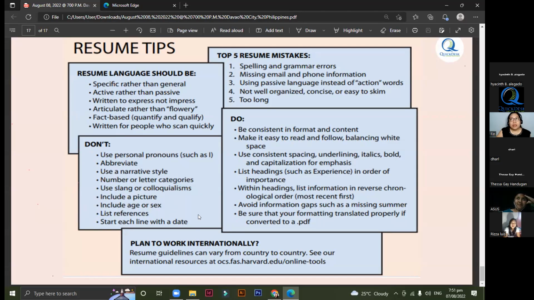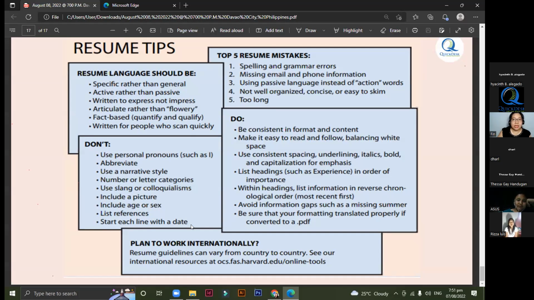Okay, we've done this before. We're used to doing this before, the list of references. Although we can use this for a CV, but not necessarily for a resume. And don't start each line with a date. Okay, the date is after, if you're talking about experiences of writing down the years of experience or the relevant